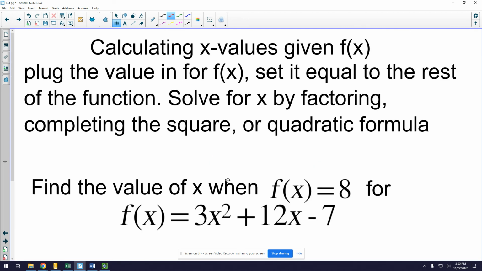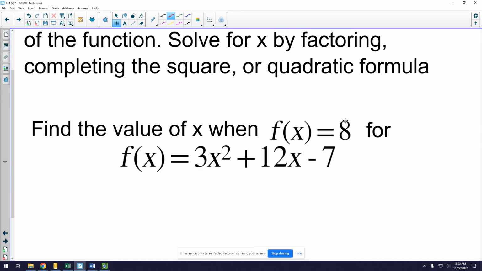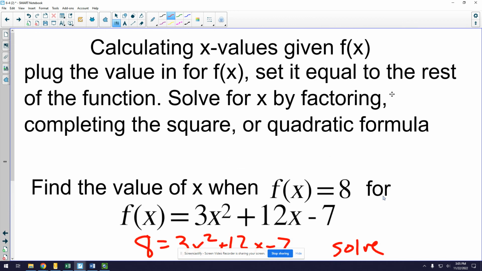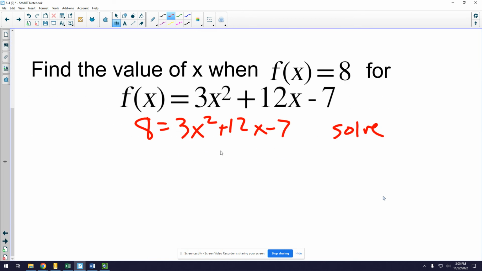And then the last part, if instead of asking you to find f of something, I want you to find the value of x when f of x equals 8. So this time you need to plug that number in for f of x. And then solve. Which you have done by factoring, completing the square or quadratic formula. And when you're done, you're solving for x,